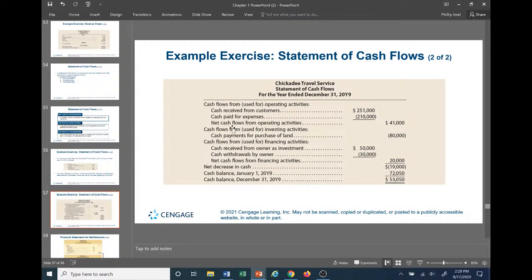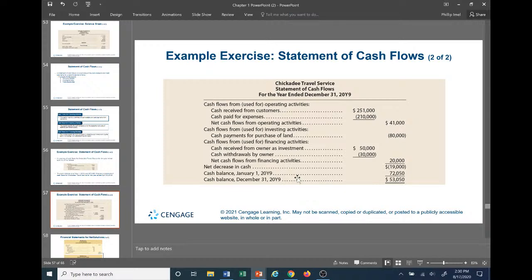So from that point, we need to look at the net cash flows from operating activities. The net cash flows is going to be $41,000. The positive 251 coming in, the negative 210 going out. It's going to be the net cash flow will be a positive 41,000. Next, we go to the next section, the investing activities. Cash flows from or used for investing activities. Recall, investing activities, what is it? We're buying property, plant, and equipment, or securities, or investments in bonds, stuff of that sort. That's investing activities, and dispositions with company assets of vehicles, stuff like that sort.